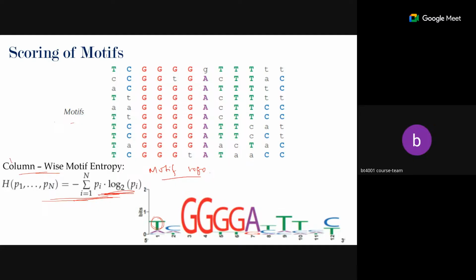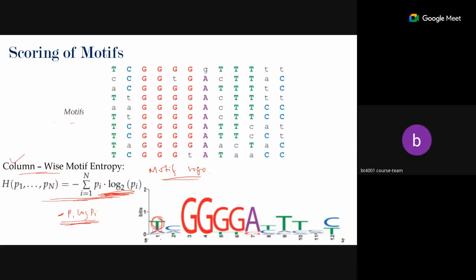Okay, so this is column wise motif entropy, that is one thing done. Then there is something called the motif logo. This is a different thing. For every nucleotide we compute the value p_i times log of p_i, and we plot the negative of this, negative of p_i times log p_i. We compute this particular value and we plot it according to the position,